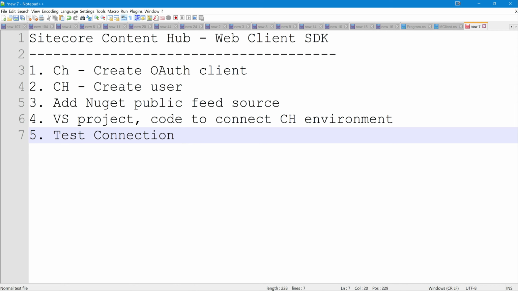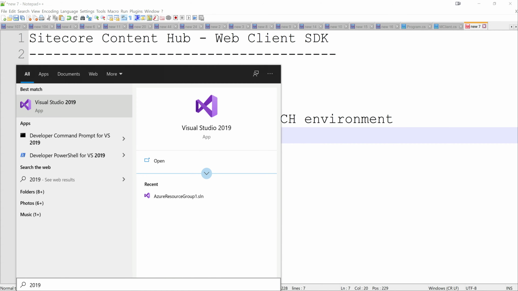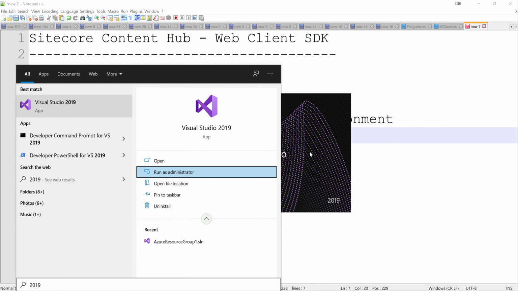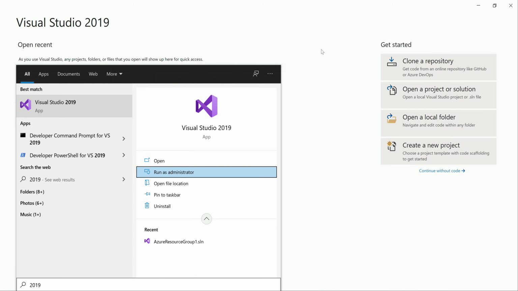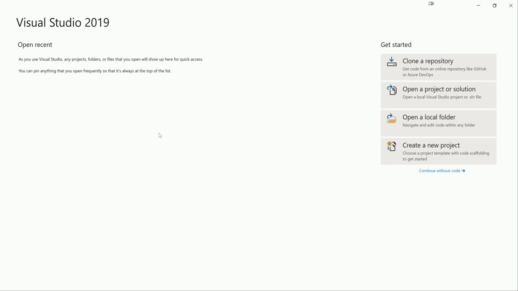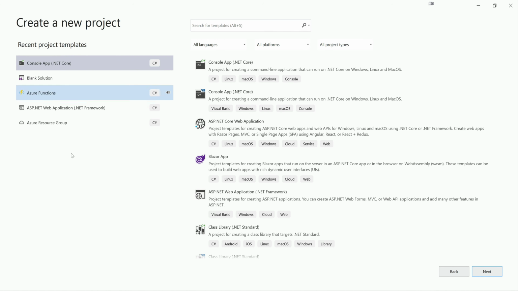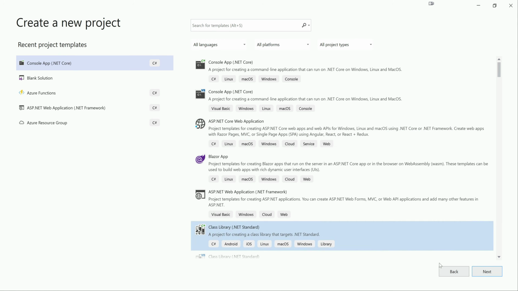Let's open Visual Studio 2019. I have opened Visual Studio. Let's create a new project. For this purpose, we can just create a console application, a .NET Core console app.